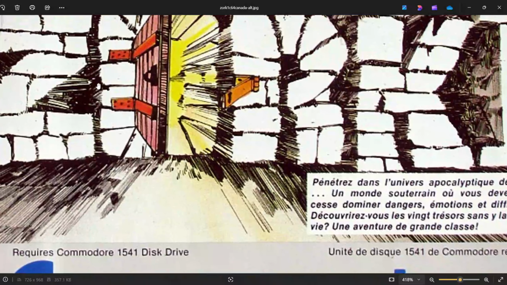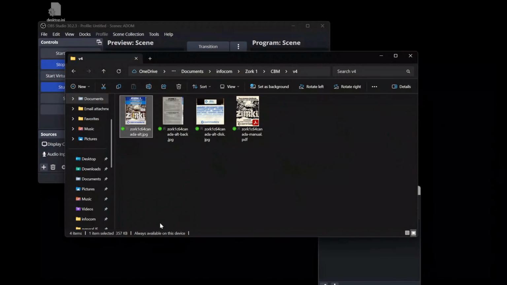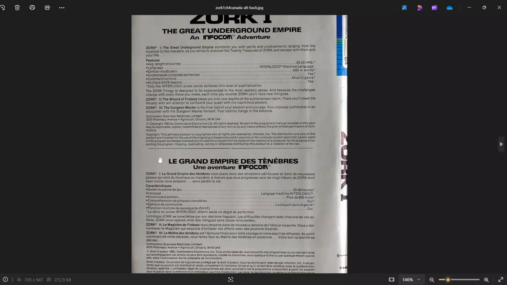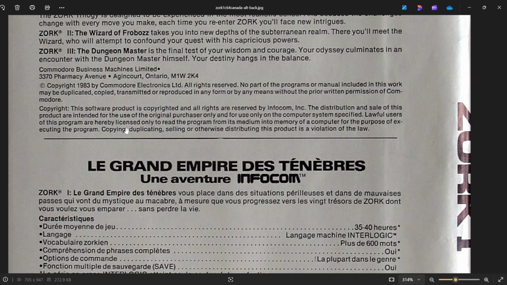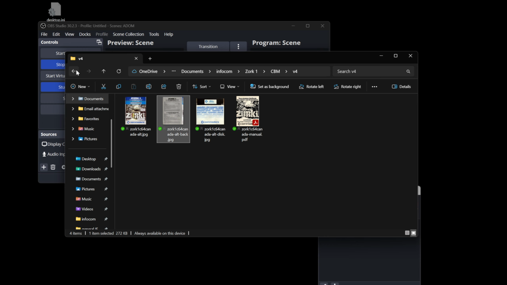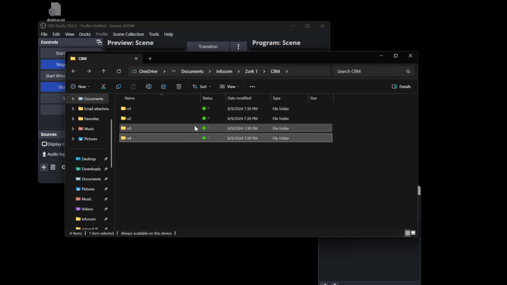Pretty neat. That includes the manual. The manual or the box, we'll look at both. English and French represented here, which was a common practice for Commodore business machines at the time.